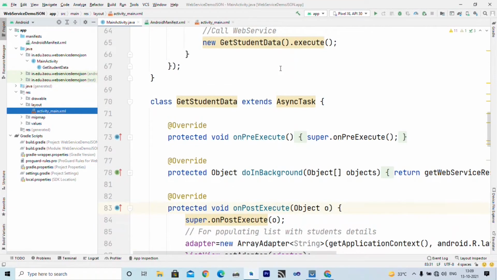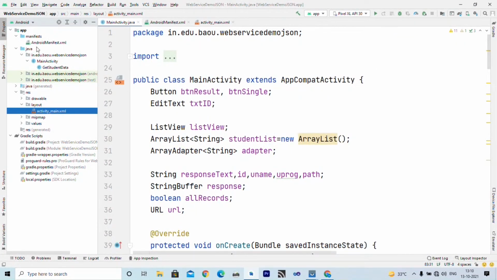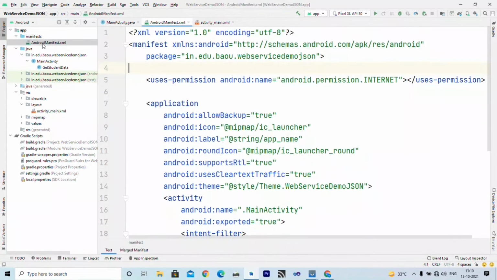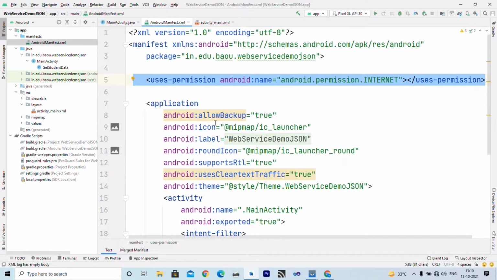So let us try to understand what changes you require inside the Android manifest file. I am clicking on that. Here we are fetching data from the internet, right? So we require permission android.permission.INTERNET, that we can specify using uses-permission, which you can see on the screen.